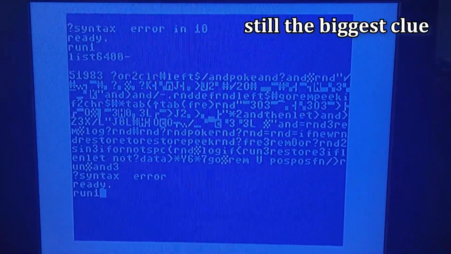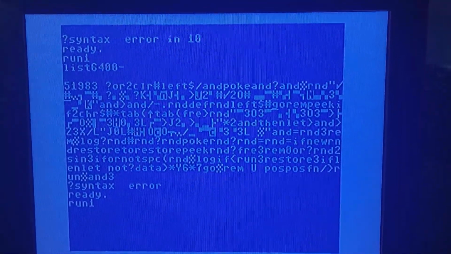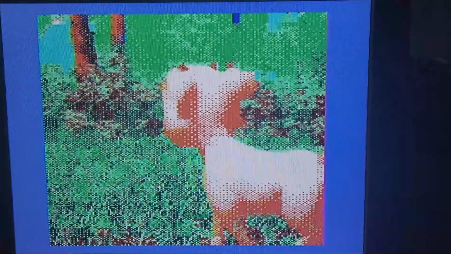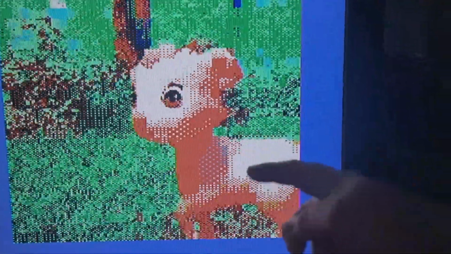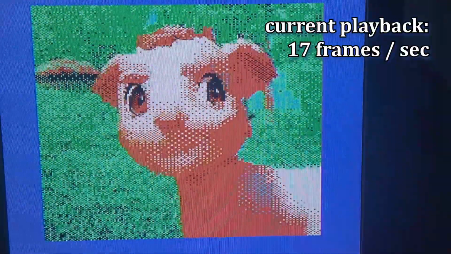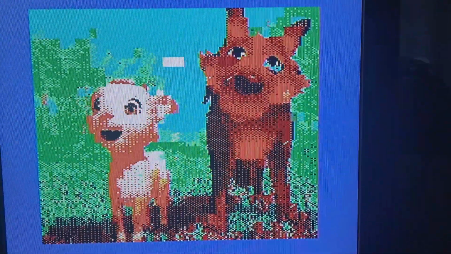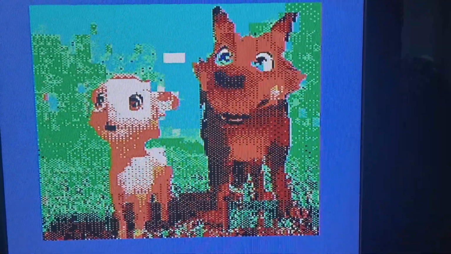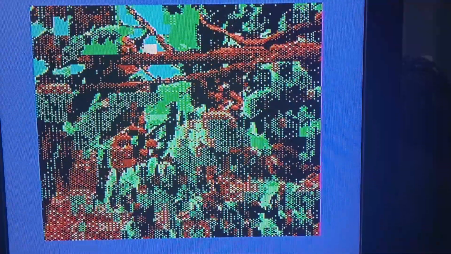Well, I can't show you, but adding one screen refresh to every interrupt and there's no color glitching. That is still the biggest clue. Look, he's nice and clean. Everything's clean. I mean, this is one of the situations where if I simply slowed my video down to this frame rate to make it work and called it a bug fix, it's not a bug fix because I don't understand why it's doing it in the first place. You see what I mean? I need to know. It has to make sense to me.